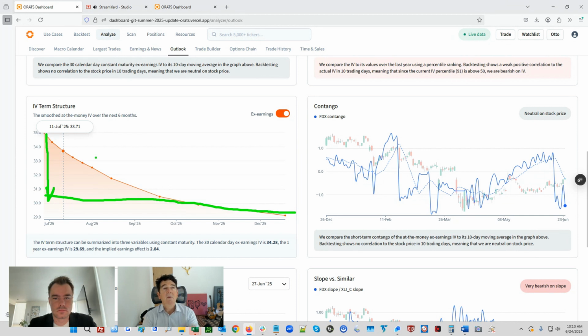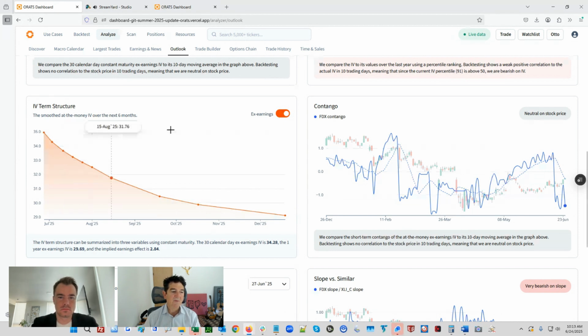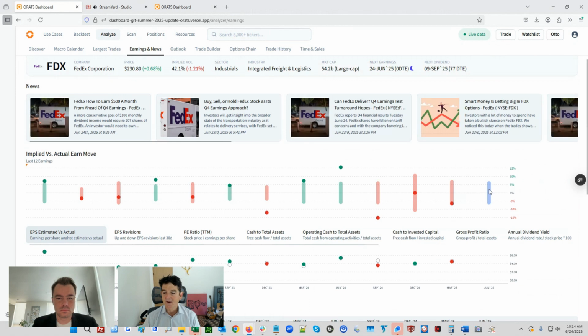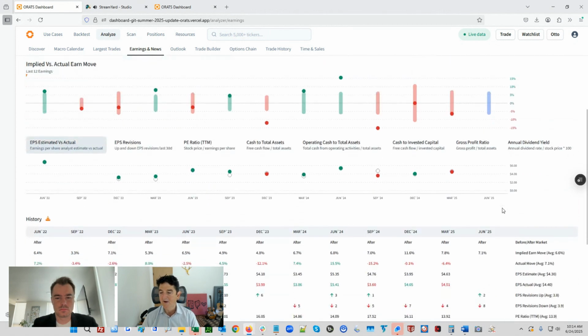there's a lot going on with FedEx because of the tariffs and the international trade and everything. So there's a jacked up volatility. This is backwardation, or reverse contango, even after you take the earnings out. Look at it, it goes from 35 up to almost 100. They're probably going to announce some stuff, so it's going to be a pretty active stock. I didn't mean to get so far into the earnings look, but